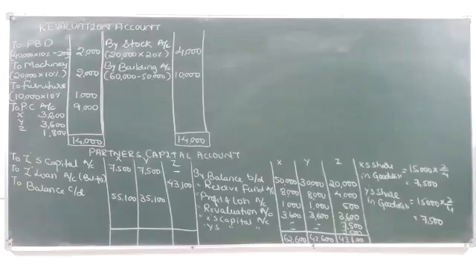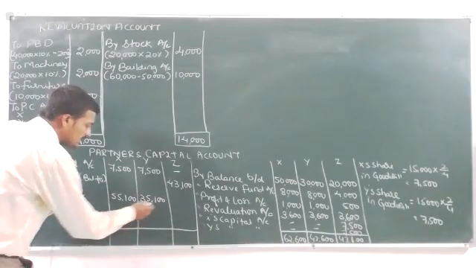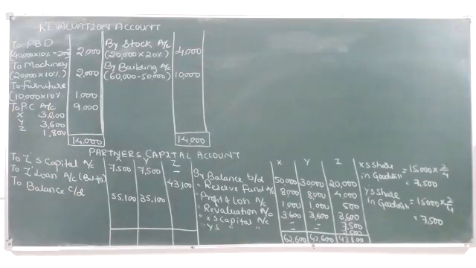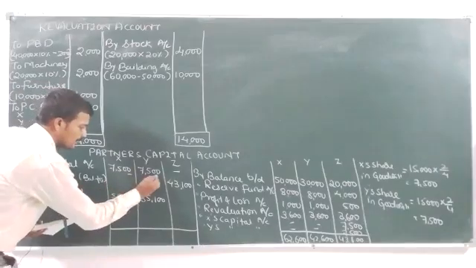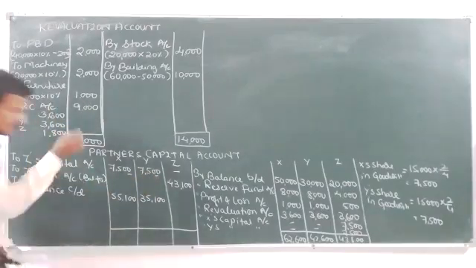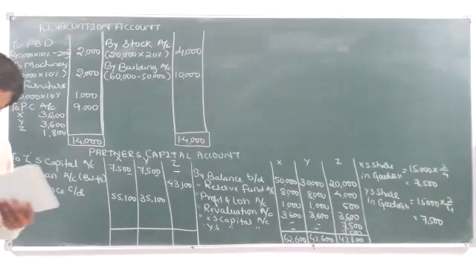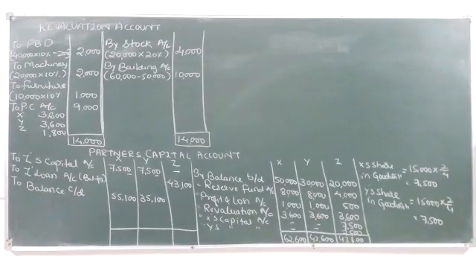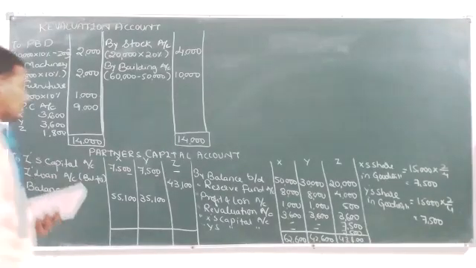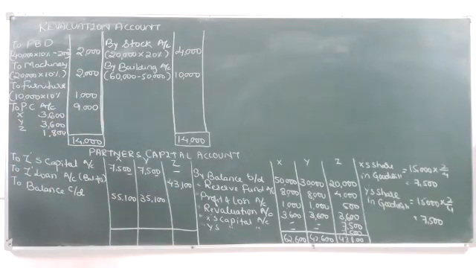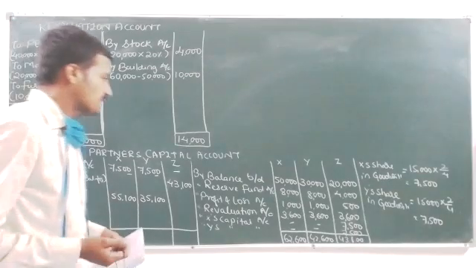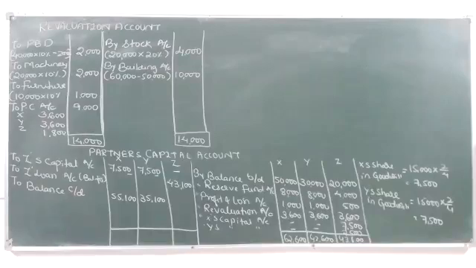Now you may feel that your answer is not matching with the book, but in the book they have committed a mistake. That is, they have simply raised the goodwill and they have not written off. They have missed this portion, remember. But it needs to be mandatorily done. So in this case, we are right and the book is wrong. So that's why I request you not to be bothered about the book answer. Whatever we have done, that is right. Okay. So now, with this, can we start with the balance sheet?